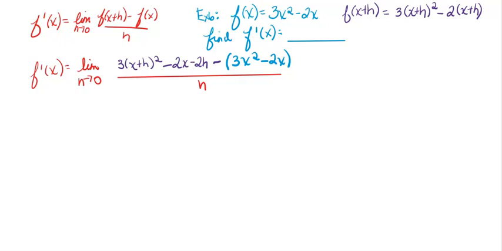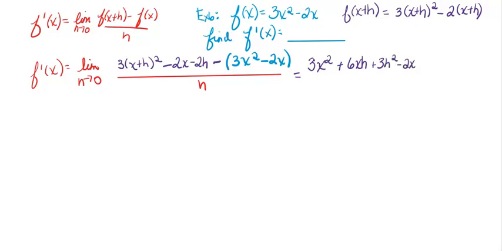So I'm going to go ahead and simplify out what I can. I think I'm just going to use one color though here. I'm going to FOIL the x plus h squared, or x plus h times x plus h, and distribute the 3 at the same time. So when I do that, I'm going to get 3x squared, because x times x is x squared, times 3 is 3, plus 6xh, because x times h plus x times h is 2xh, times 3 is 6, and then plus 3h squared,